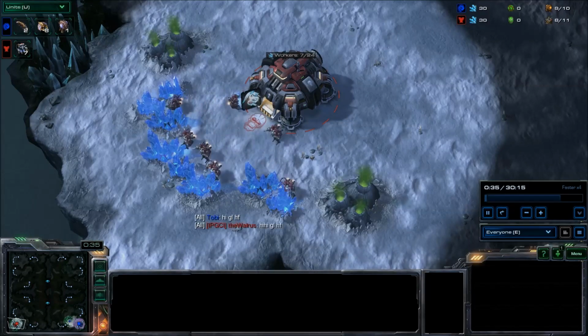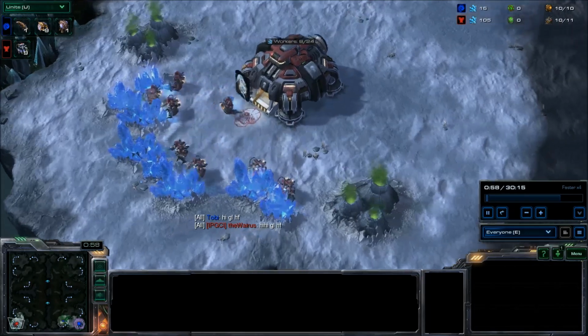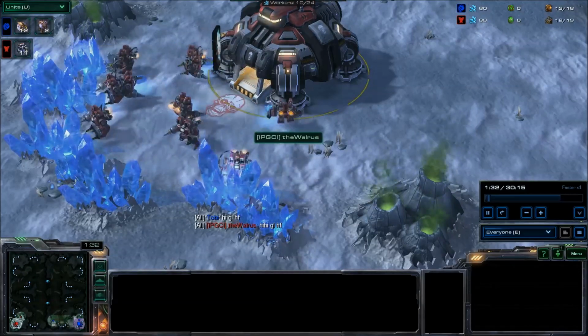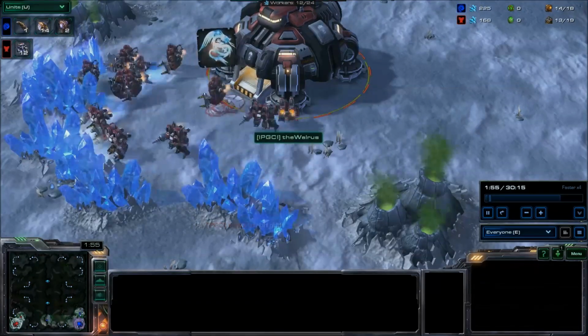This is Overmind, and we're about to watch a TvZ down here at the bottom left side of the map with one of the coolest clan symbols I have seen in a while. This nice dragon here. We have our Terran player, the Walrus, from IPGCI,